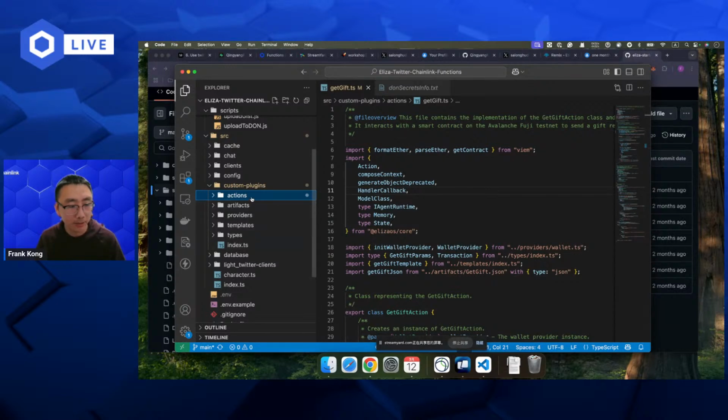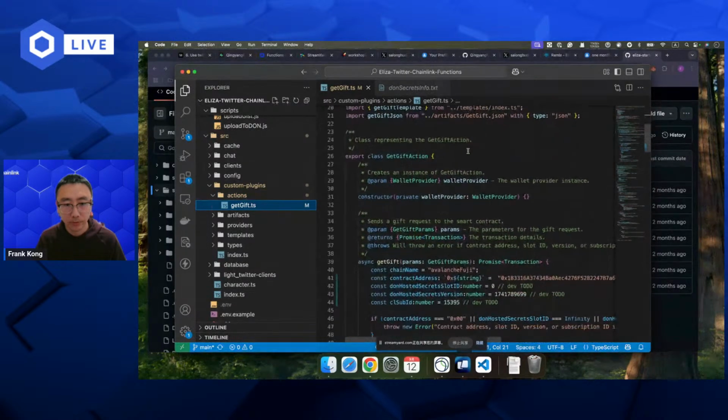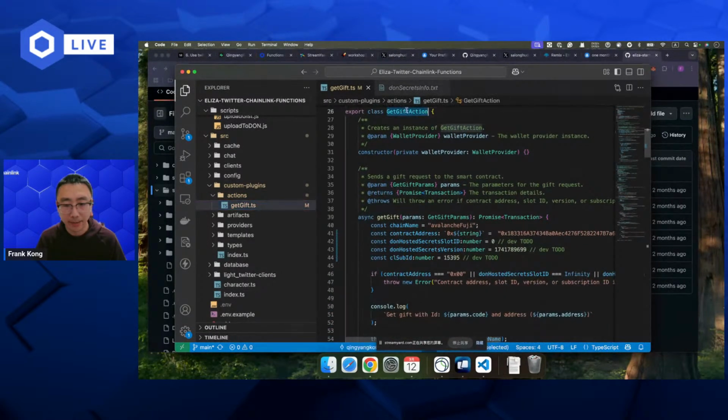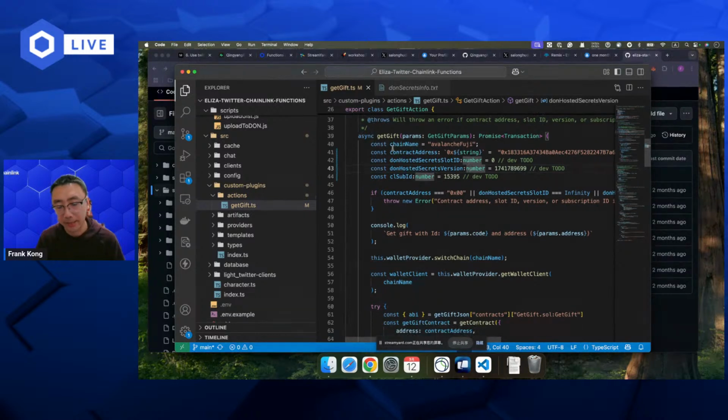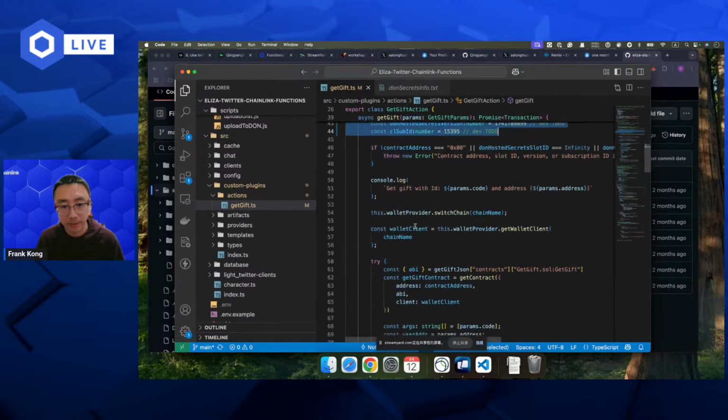And the actions are very important. You need to define this action, what it needs to do. And for this, I defined this function called getGift. In the getGift, I get these variables. And then I create a wallet provider and switch to the chains I need to use.